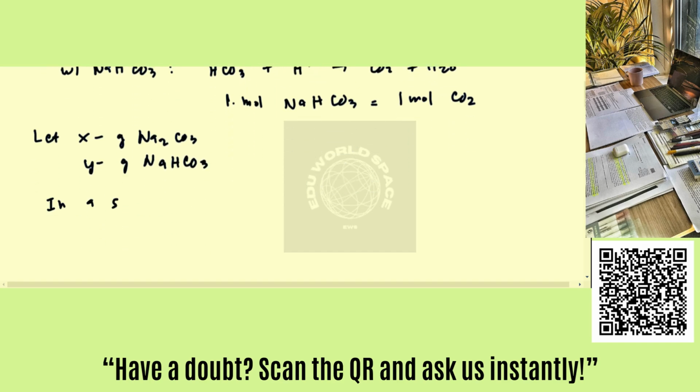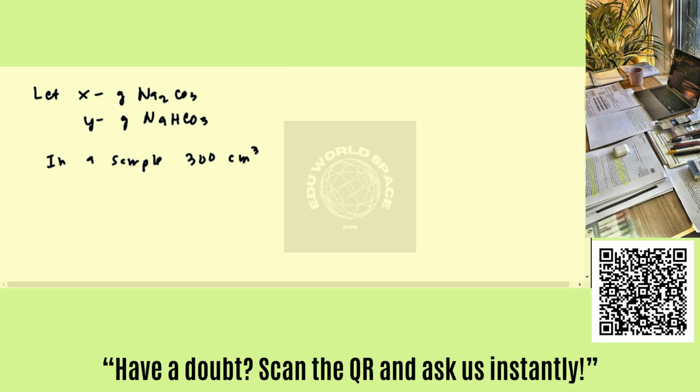In a sample of 300 cubic cm, we have this much of sodium carbonate and sodium bicarbonate. But in the original sample, whose volume is 1 liter, by ratio and proportion, we can solve for the amount of the salts as